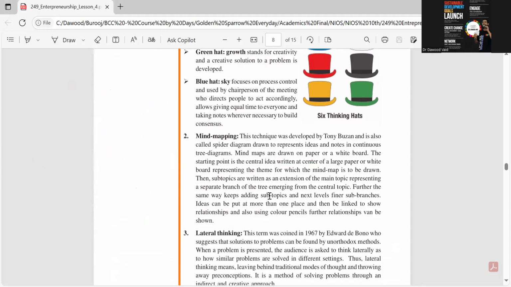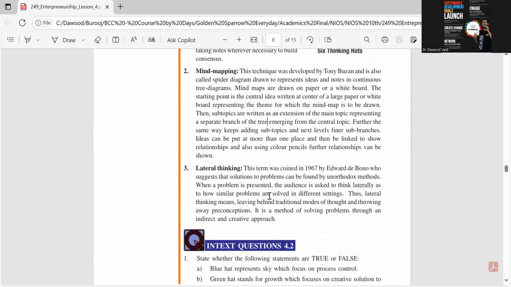Then there is again lateral thinking by the same author of Six Thinking Hats, Edward de Bono, which says a problem can be looked at from a different perspective. That is, you think laterally. You don't just look at point A to B. For example, what's the shortest distance between a point A and a point B? You think it's a straight line. But what if I were to fold the paper, the distance becomes zero. That's the way the black hole concept is given. And that is the kind of concept we are looking into in our programs right here.